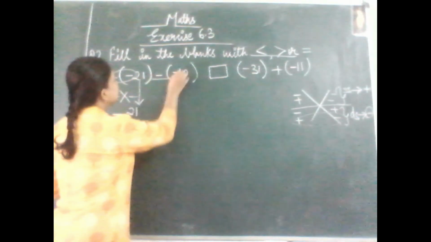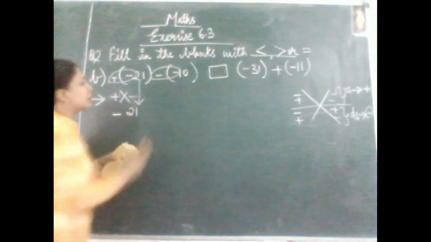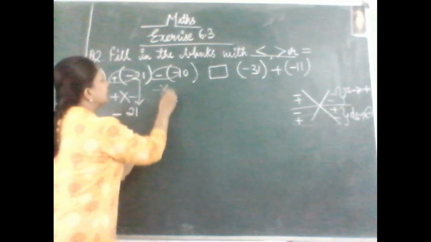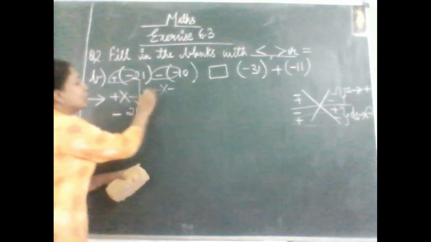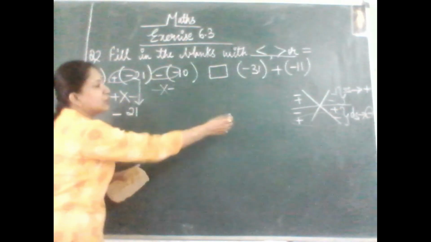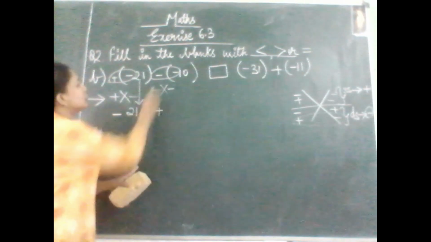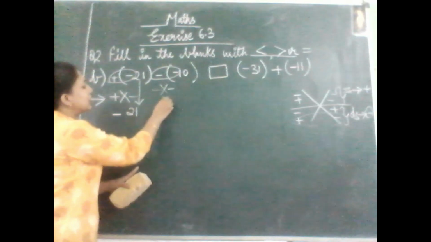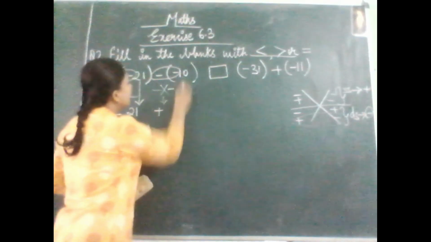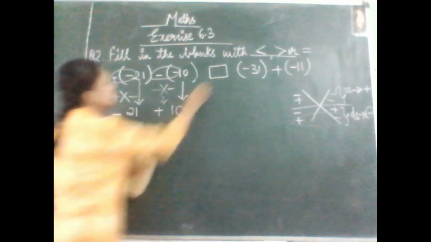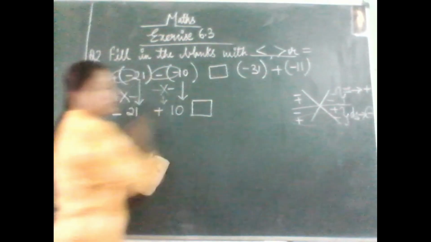In the same way, with the pencil, solve again. What will we solve this time? Minus bracket minus, that means minus multiplied by minus. When you multiply two of the same sign, what do we put? We simply put a plus sign. So instead of this, you will put a plus sign. What do you have? 10. Bring this 10 down. Clear?